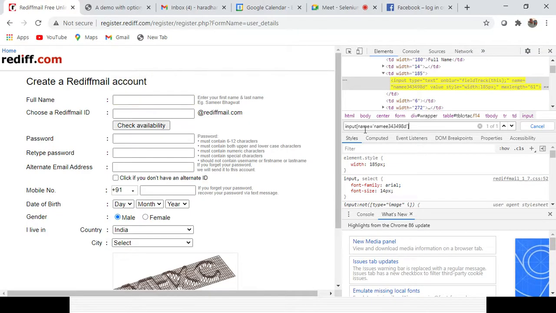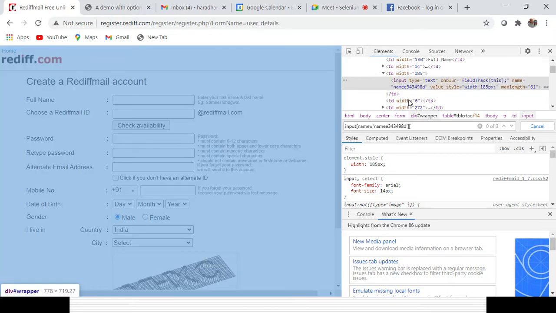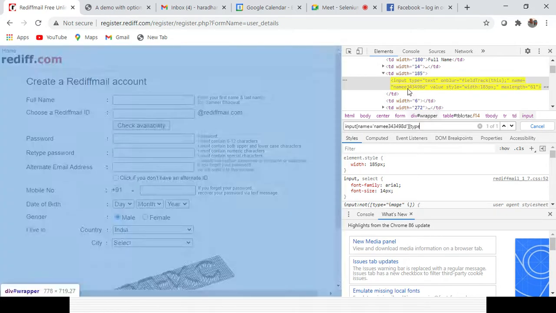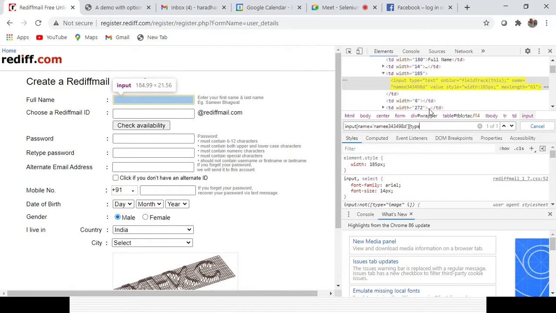So I have given here the tag name, then this is the attribute name and attribute value. And if you want to use multiple attributes, suppose with one attribute it is not able to identify uniquely, you have to again use the square bracket, and I will use that attribute as type, right? You can see the attribute is type and the value is text, so type equal to text.